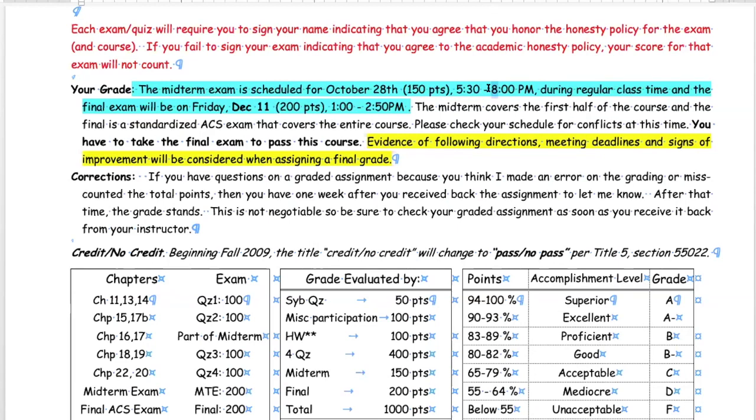So depending on how much time I want to give you, we might even start earlier. Or I might even give you a window. Say we start from, say, 4 to 8, and in that window, but it has to be a specific window. Okay, you have 2 hours. So that'll be it, but it'll certainly be contained around our class meeting, so that for those of you who do have courses or labs in another section, you can still take it within that window. Okay, so thanks for letting me know about that.